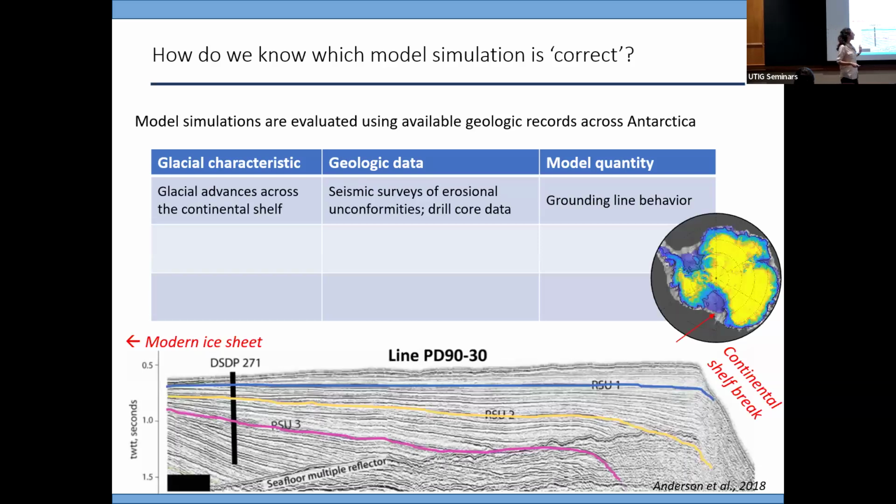First, we have grounding line behavior across the modern continental shelf. Remember, I also identify as a geologist as well as a numerical modeler. So this type of data set is usually seismic records and drill core data. Here's an example of a seismic line on the Ross Sea continental shelf. So here's the shelf break, like ocean, continental shelf, and you can see the bed dips a little bit inwards towards the grounded ice, right?